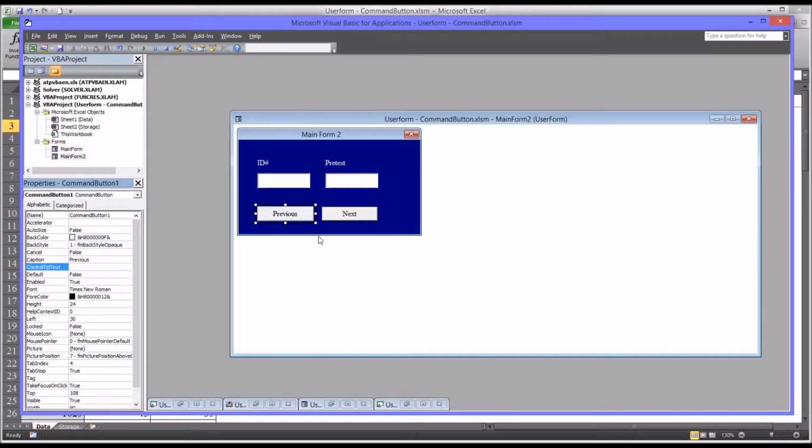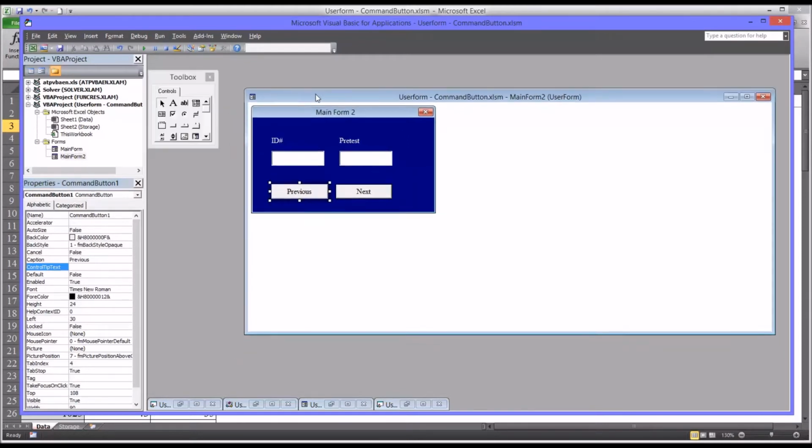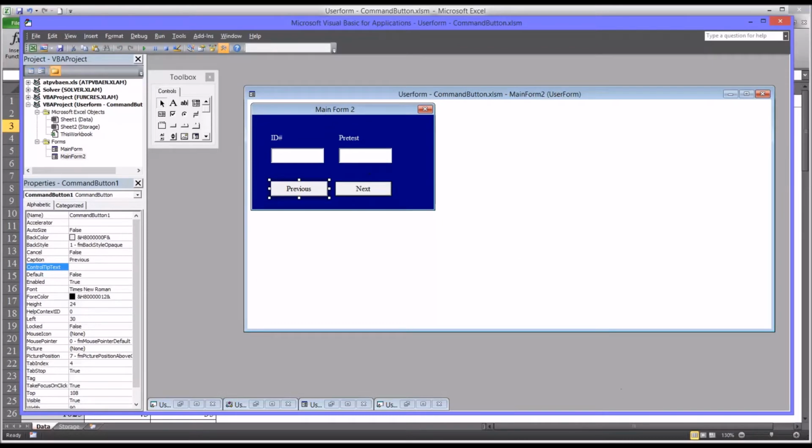So I've set up the form the way that we'll need it. We have all the components on the actual user form. Of course, none of these items work yet. They don't do what we want them to do. It'll take some coding to accomplish that goal. So we first need to add a subroutine that allows us to open this user form. So I'm going to double click on